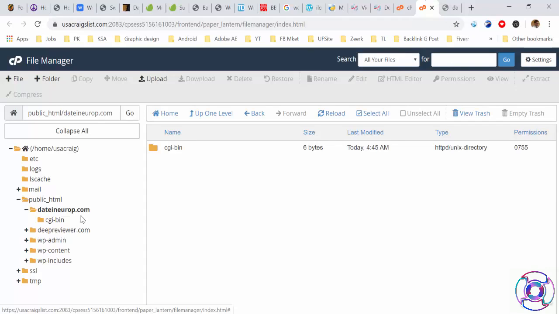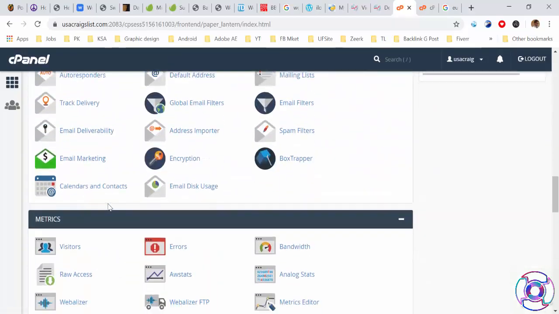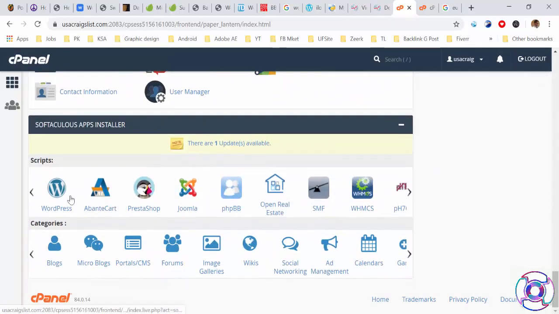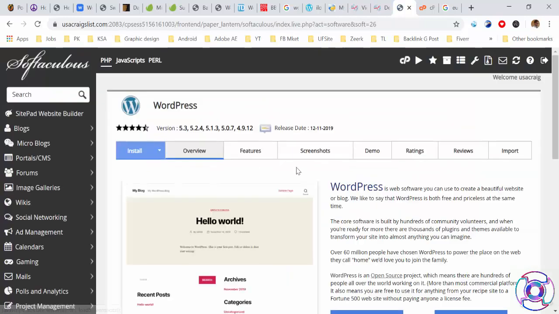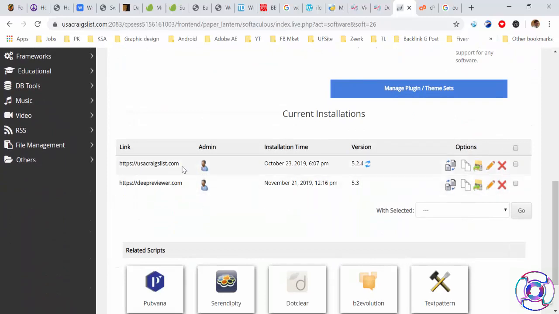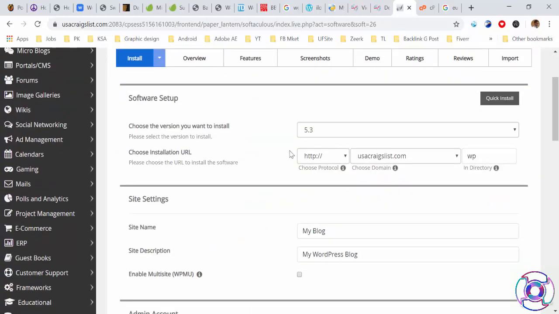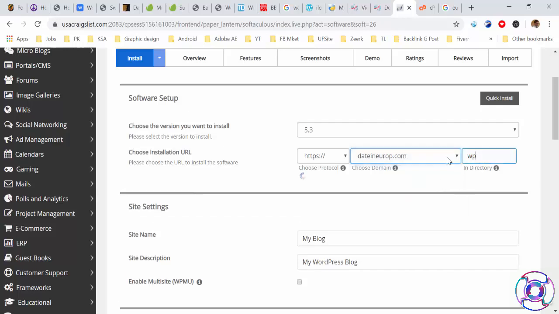So guys, coming to the last part, we are going to install WordPress. Click on WordPress, and then we have two sites already installed, and this is the third site. I click on install, and I'm going to choose my site name, dateineurope. Directory, leave it as WP, no need.